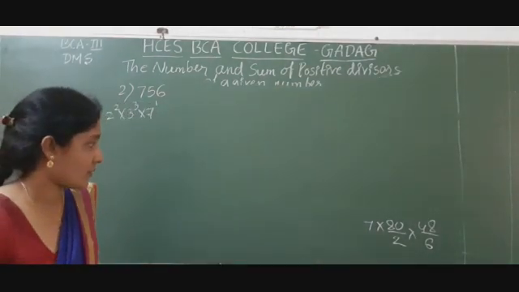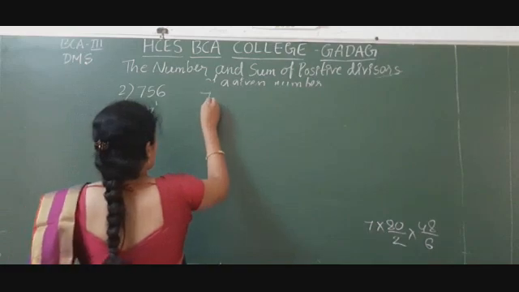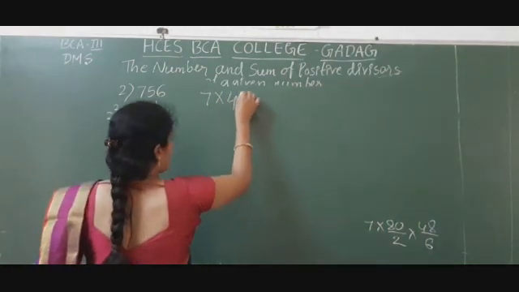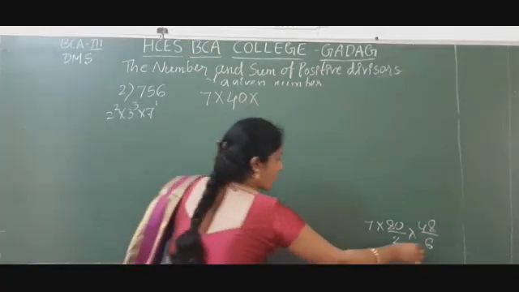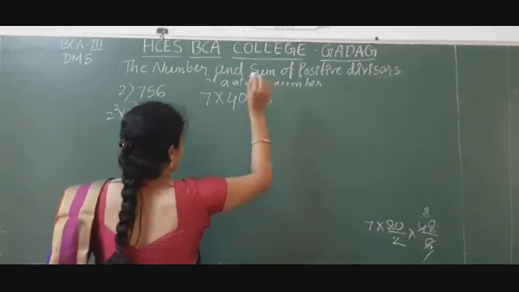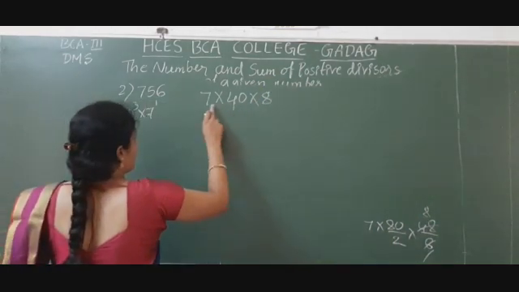So how much is it? 7 into, see, 80 divided by 2 means 40, and 48 divided by 6, 6 eights are 48, therefore it is 8. So 7 into 40 means 280